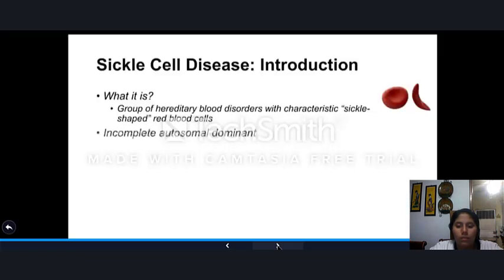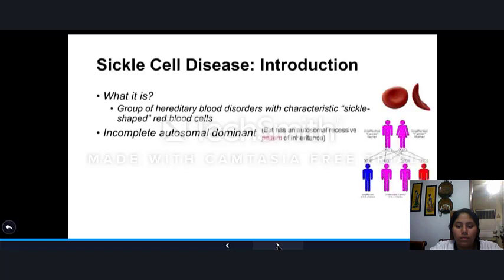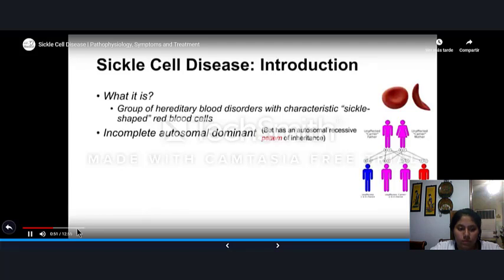red blood cell. Now, sickle cell disease is inherited in an incomplete autosomal dominant fashion. So on the right here in the schematic, you can see that an affected individual has two copies. They're homozygous, so they have two copies of the affected allele. So they're considered affected, and individuals with only one allele are considered unaffected carriers. So it appears to be a recessive condition, but in fact, even individuals with one of the affected alleles can